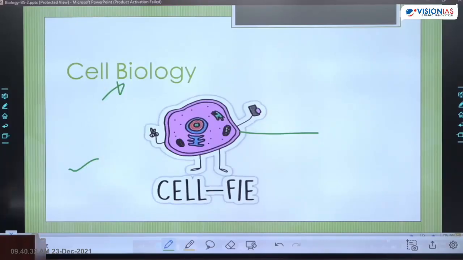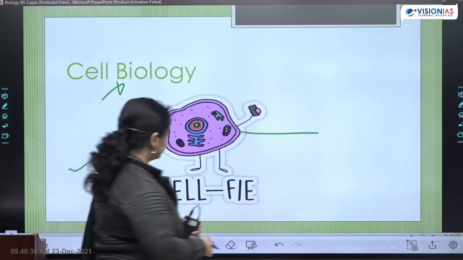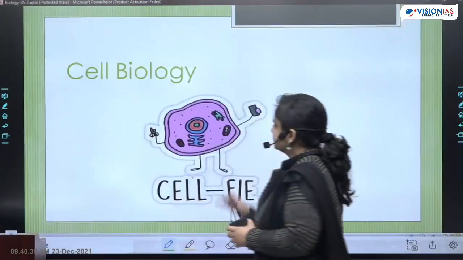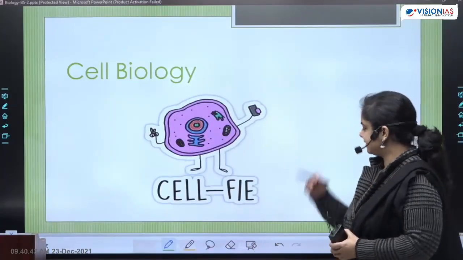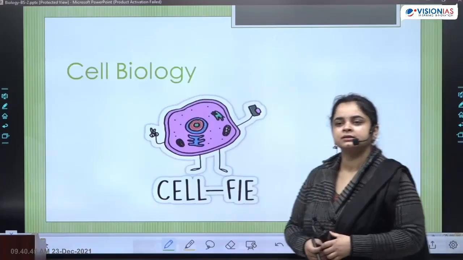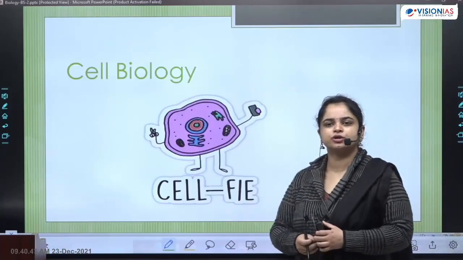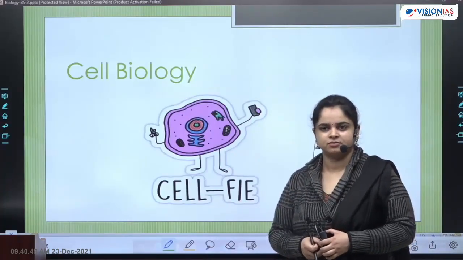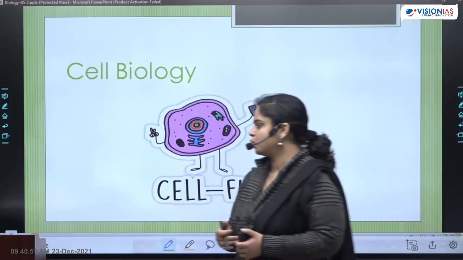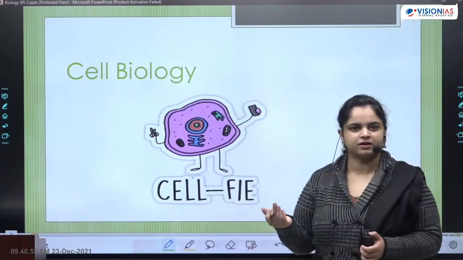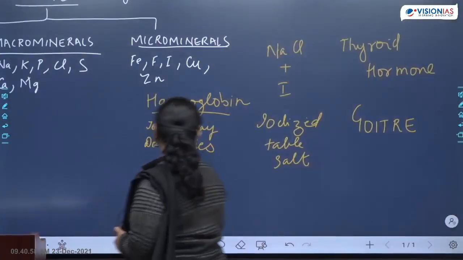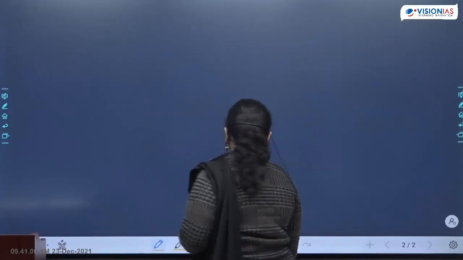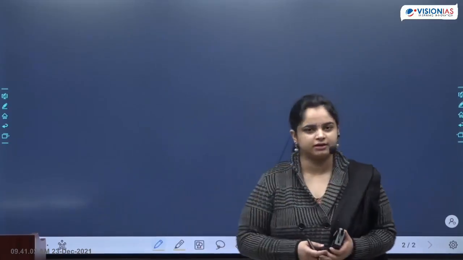Now we come to our next little bit of core biology topic, which is the cell. So what is a cell? The basic unit of life. This is the term, but what does it mean when I say it is the basic unit of life? What exactly is life, or how do we talk about that?